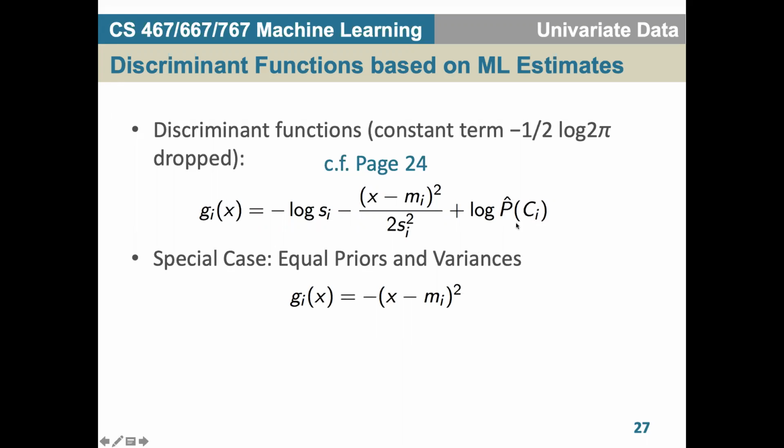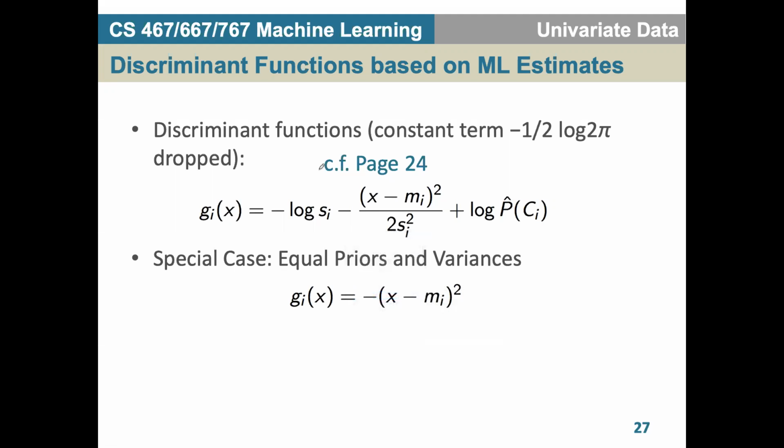Now let's assume these 2 classes have the same prior. Then this term does not change their order, so we can eliminate this. And if we further assume the same variance, which means s_i, the standard deviation, is the same, then this is also eliminated, because this constant is the same for all the classes. We are just comparing with this, right? And finally, what remains for us to use